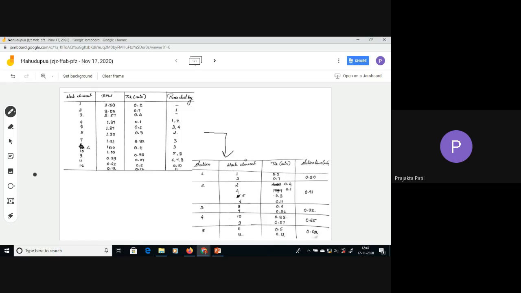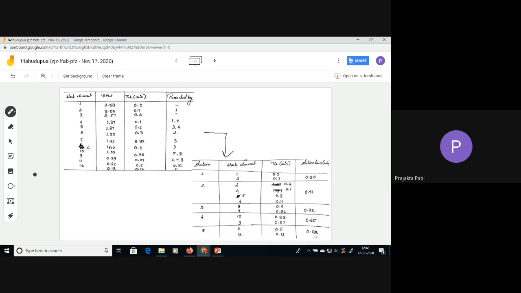In station number one, what work elements can be put in? Let us see. First of all, work element 1 RPW value is 3.3. Let me not look into this because it was taken care of in the complete arrangement of this table. We have already used the RPW value to arrange this table, and now we are not considering that when it comes to assignment. For assignment, I have to see the TK value, the sum of TK values, and the precedence. Both of these things have to be satisfied, right?